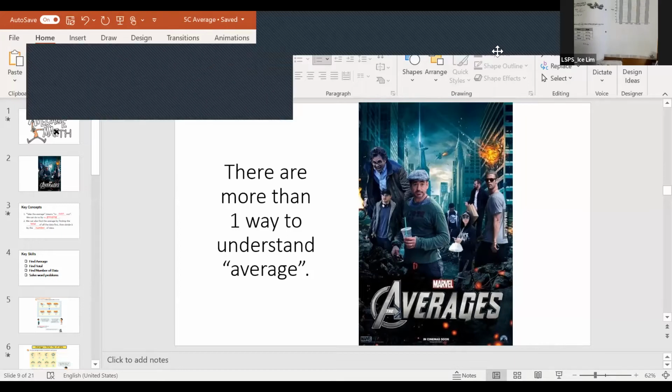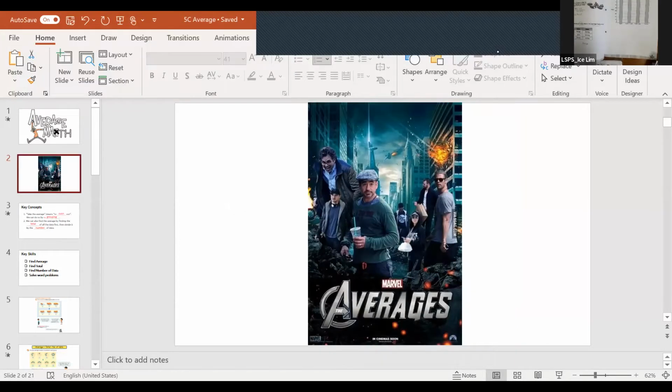Okay, very quickly we look at the summary points again. We started off with averages and